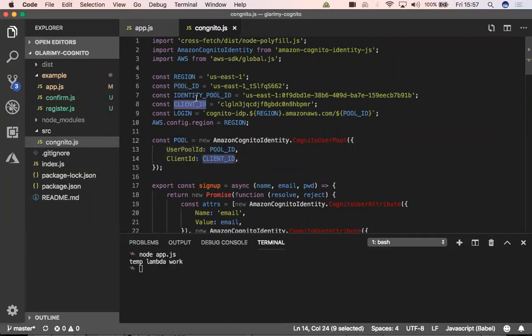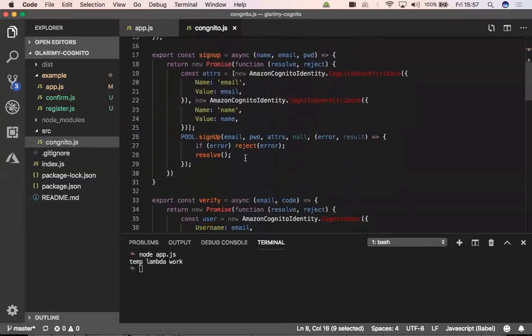So we need to have those things first ready. So this is the pool ID and this is the client ID, which we will give only to whoever is the administrator on the Cognito side. They set up all these things and they let you know, okay, Vishnu, this is the pool ID and this is the client ID. You can develop your client application. So that you will create these objects.